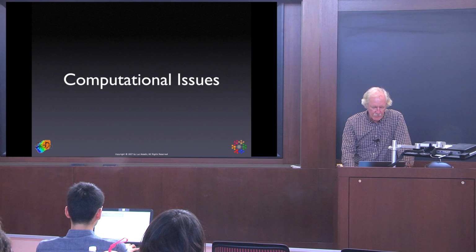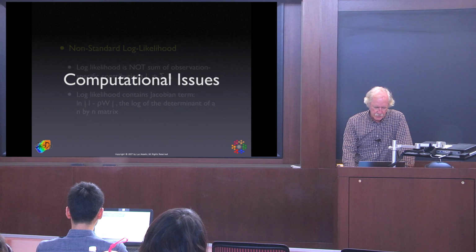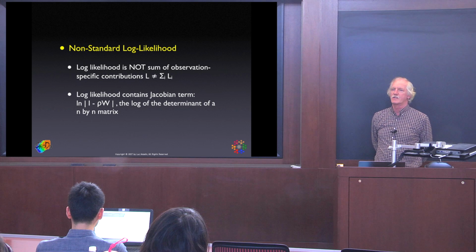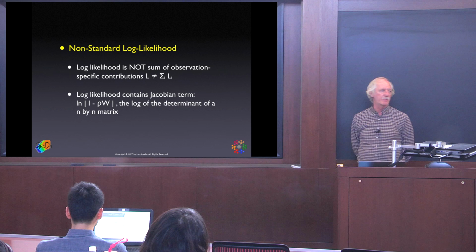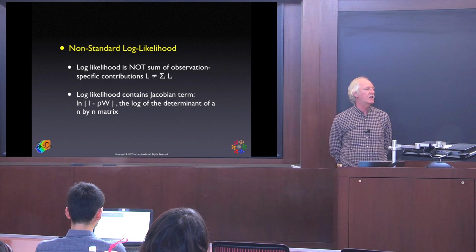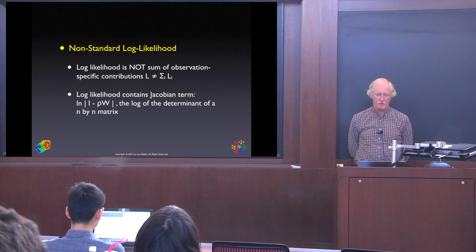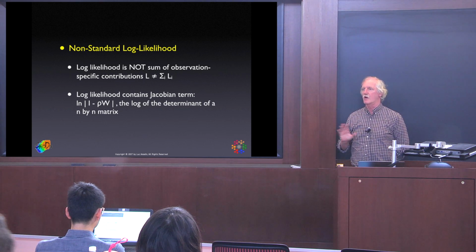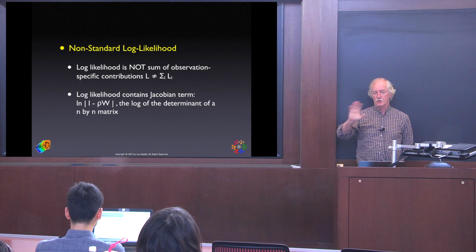Okay, let me talk a little bit about computational issues, and then we'll switch to the software. So we already know the likelihood is strange, right? It's not your typical product of the probabilities for individual observations or the sum of the logs of the probabilities for individual observations. You have to model the joint distribution. So everything is about multivariate normal. And just stepping back,